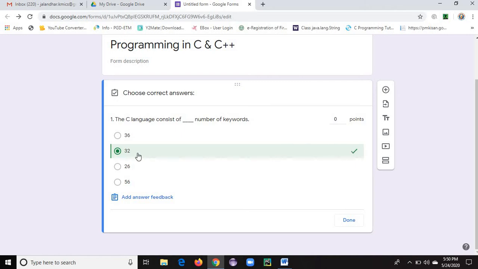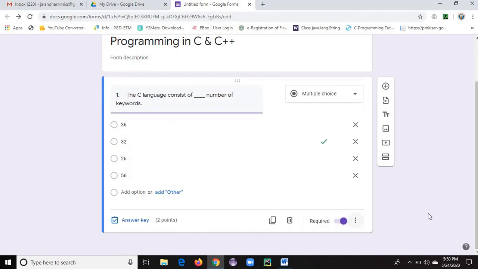When the user chooses this answer, it will be considered as 1 point. Otherwise, it will not. Here, how many points do you want to give the question? So I'm giving 1 mark for this question. Otherwise, in my view, I could take 2 marks for this one. So the answer is this one. Just click on Done. The first question has finished.